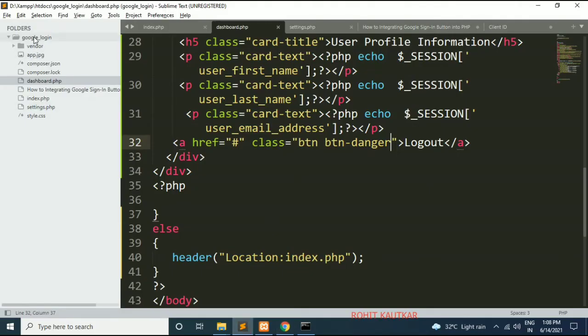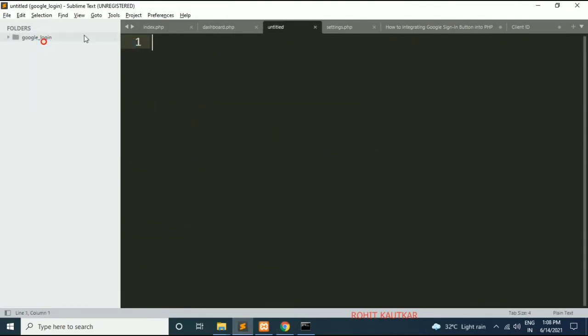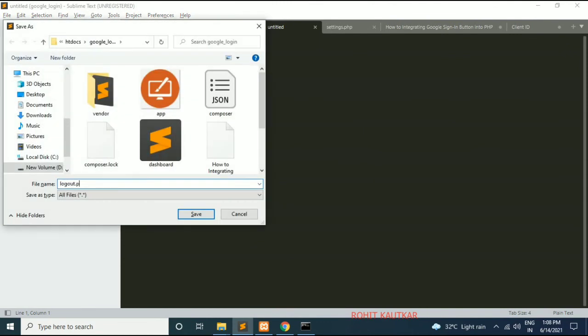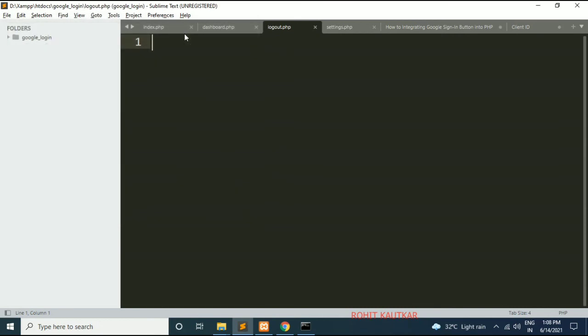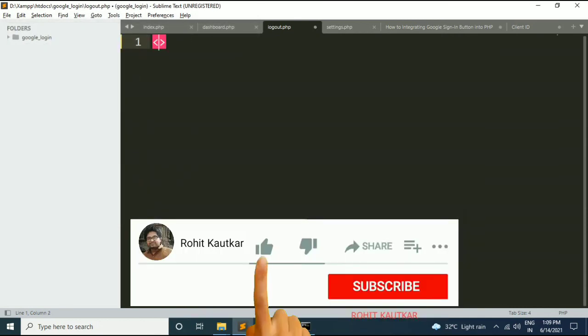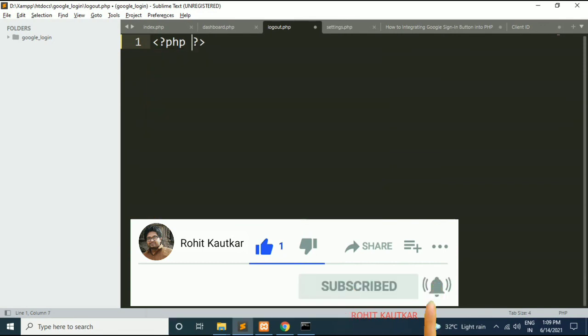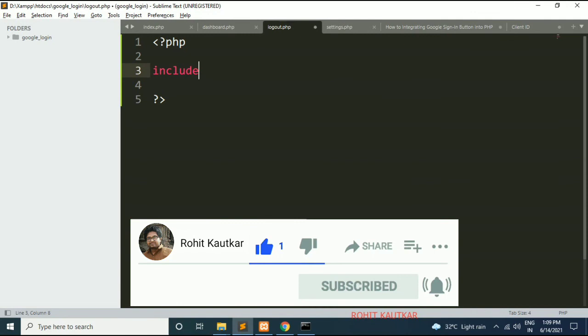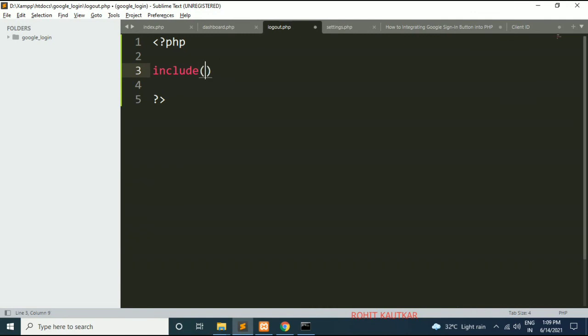Okay, so at last now I will create one file here, logout.php. Okay, and now here within this logout.php file we will include the settings.php.